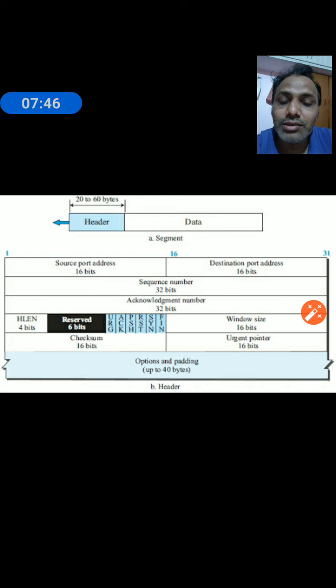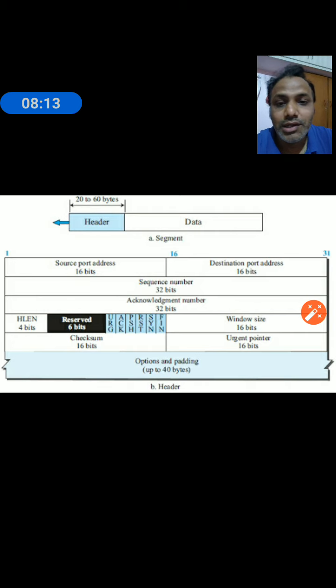Then nothing else. The other one is the acknowledgement. Right now you may be confused: sir, we already used the acknowledgement number, but right now here again we have to take the acknowledgement flag. So that is the difference between them. The acknowledgement number is whatever data we have to send, for which we are providing the numbers.